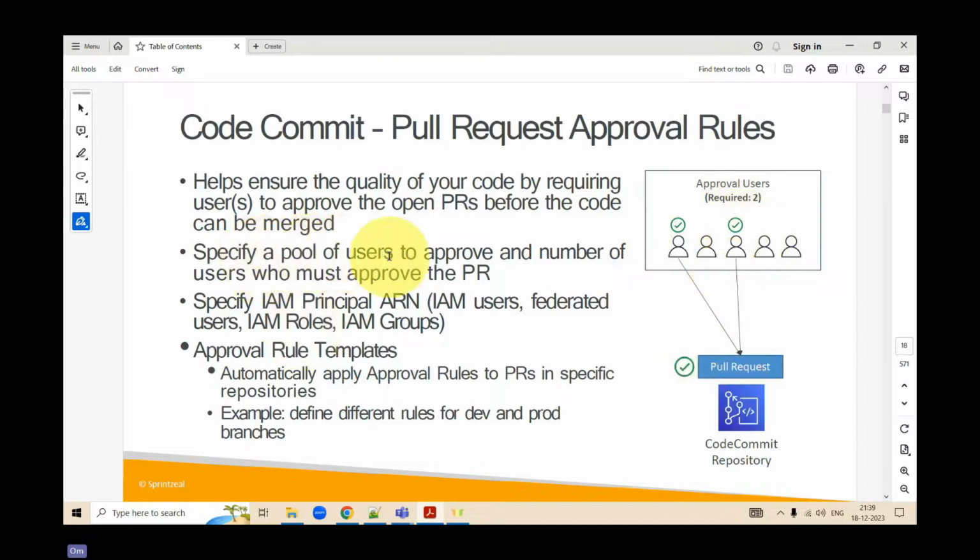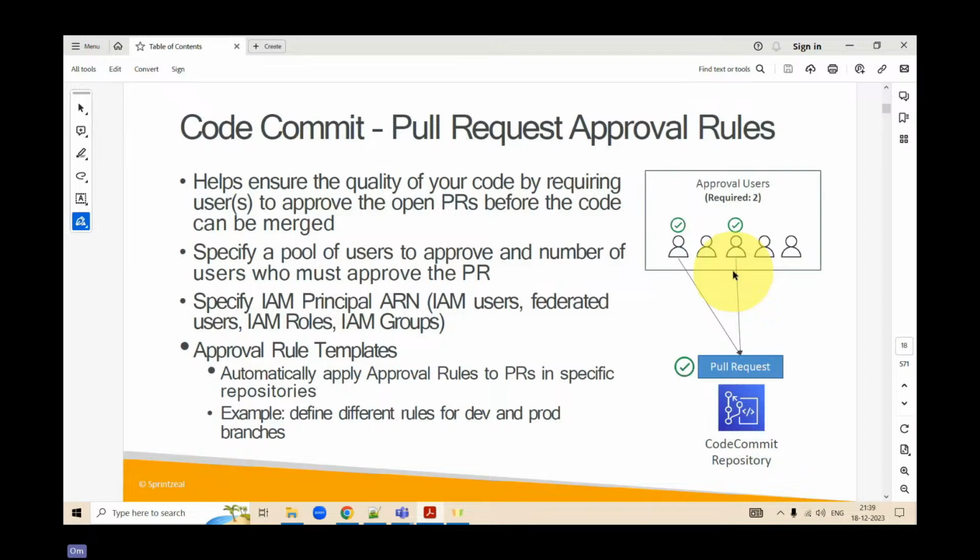Specify a pool of users to approve, and the number of users who must approve the pull request. Over here, I have given the number of users as 2. That means a minimum of 2 users' approval is needed to approve a pull request from this code commit. Clear?